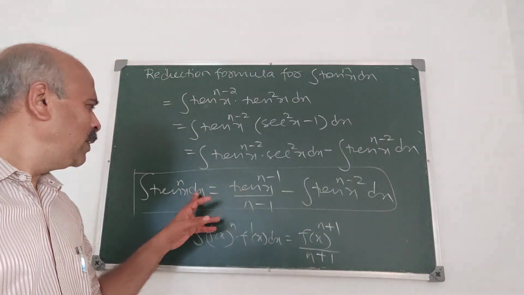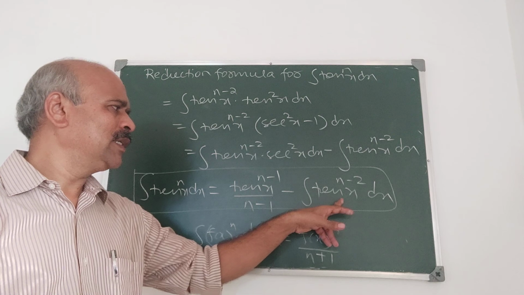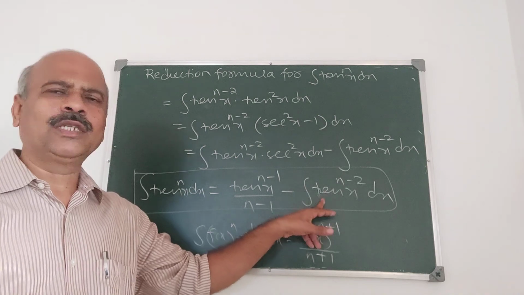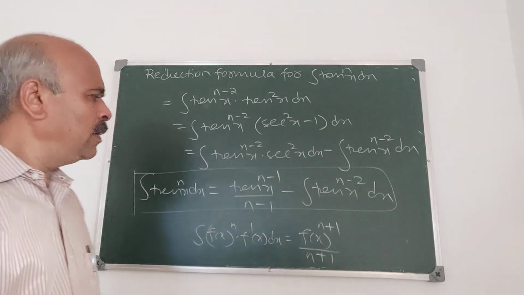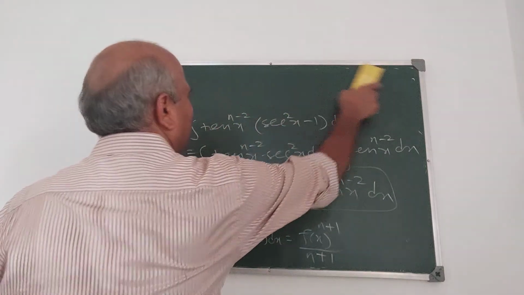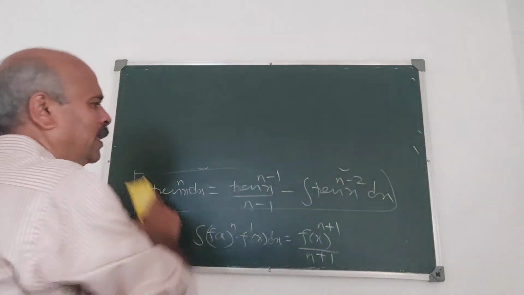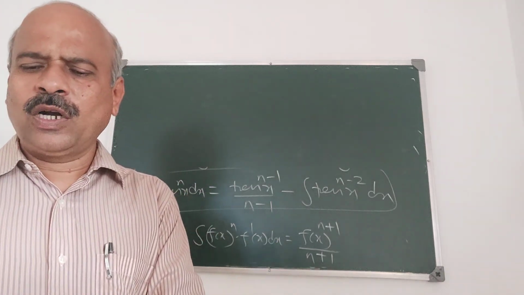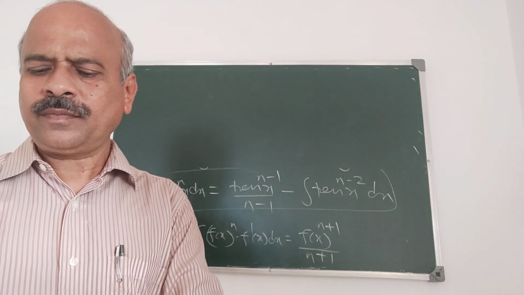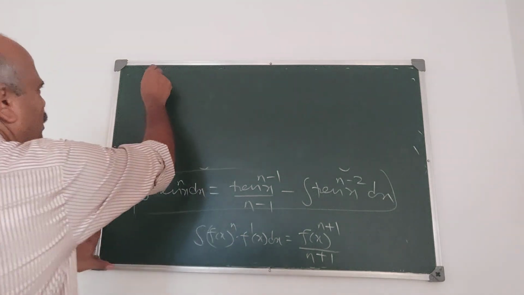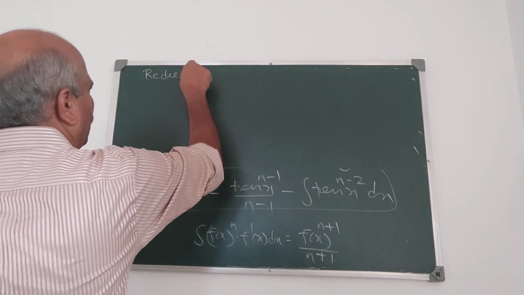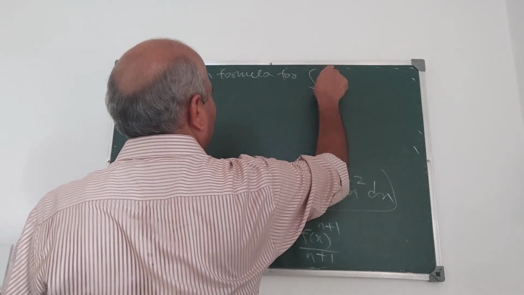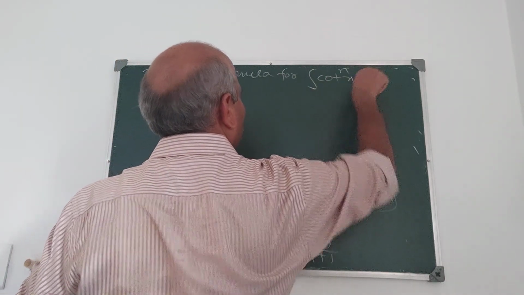This is the reduction formula for tan x raised to n. The simple idea is that tan x raised to n is expressed in terms of tan x raised to n minus 2, two degrees less. Therefore, this serves as a reduction formula. Now cot x raised to n is exactly similar. I think you followed this one, the formula is simple. Next, the reduction formula for the integral of cot x raised to n with respect to x.